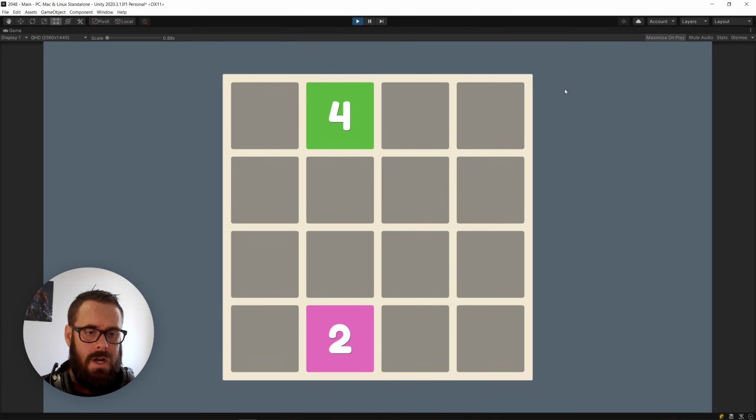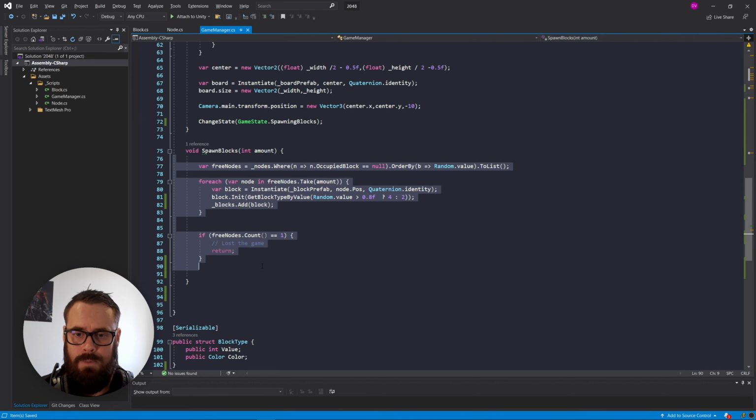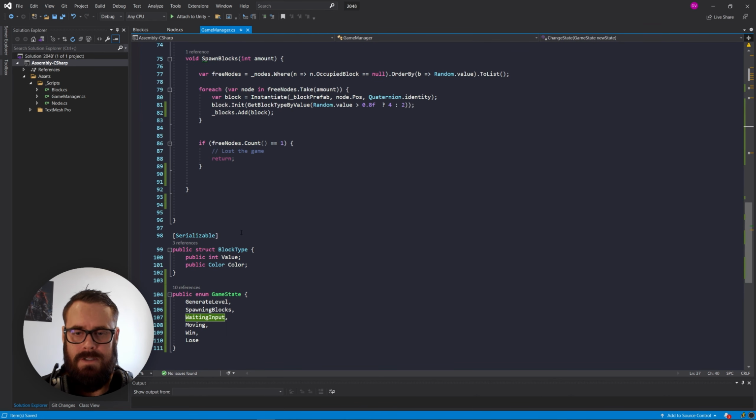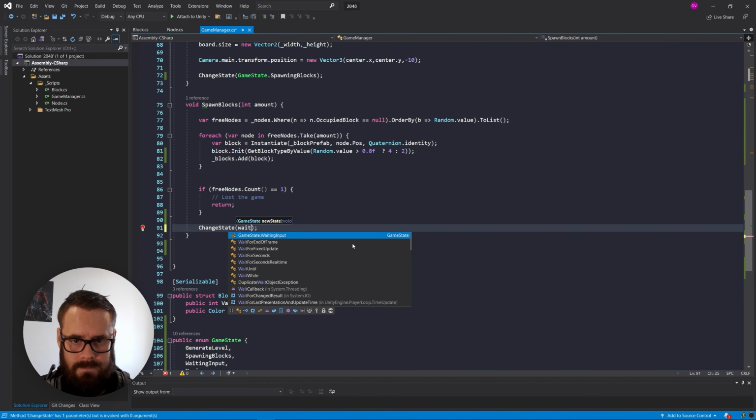Okay, so last time I helped you create this grid here, which spawns our blocks onto the nodes. So now we need to actually shift our blocks depending on the player input. We have just finished our spawn block state, and we need to go to our waiting input state. So let's change state, waiting input,